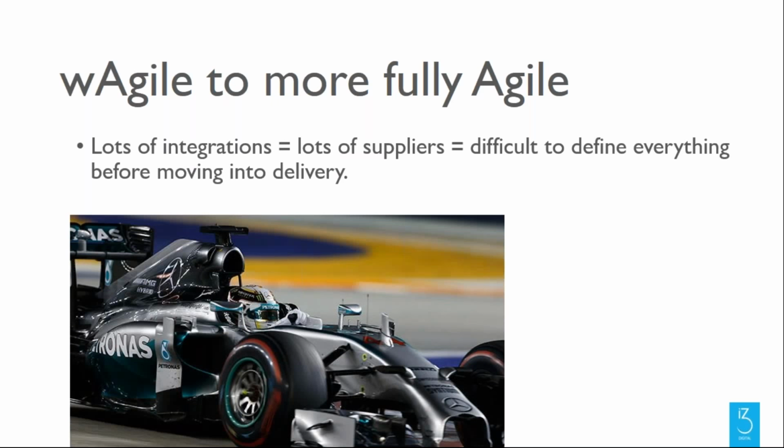And I've pulled up an example here of an F1 car, because if in an F1 car you waited for all of the specifications to be ready, so the specification of how you're going to implement the brakes, how you're going to train the driver, what sort of tyre quality you want, and the overall body, before you considered how you were going to put the whole thing together, you'd almost be waiting infinitely, because the amount of changes that happen to all of the different constituent products and processes within the development of a Formula One car are constantly changing. So actually waiting for them all to align perfectly and then to try and make decisions after that point puts you back.